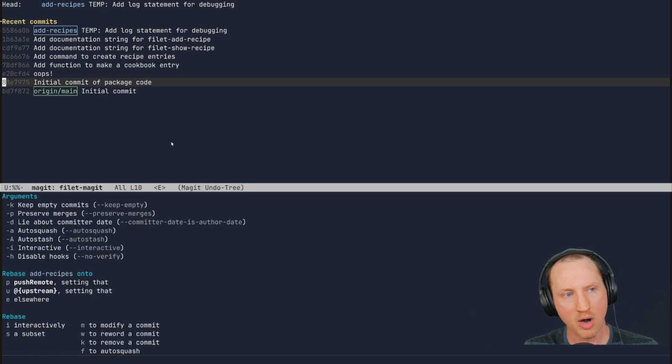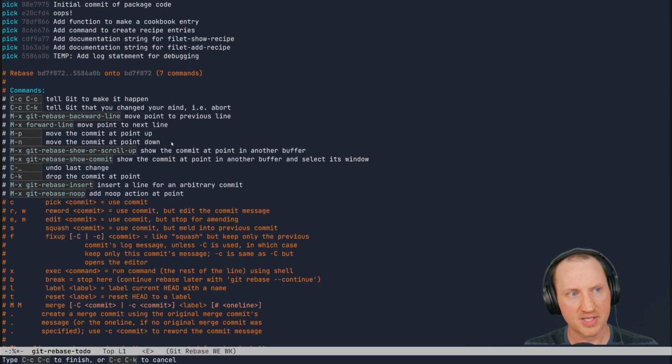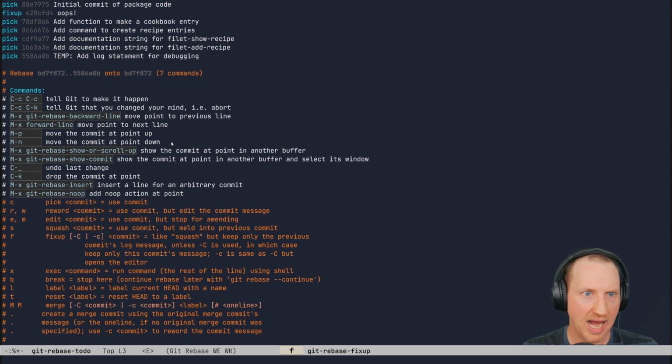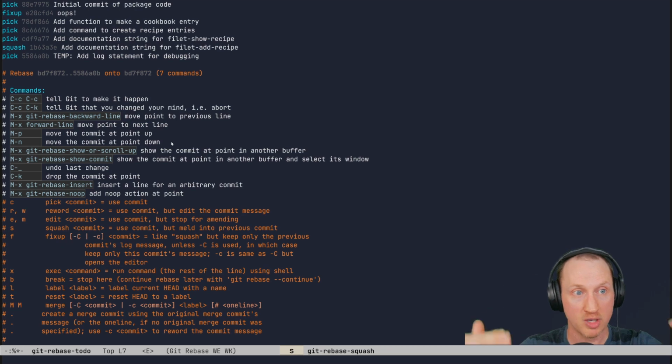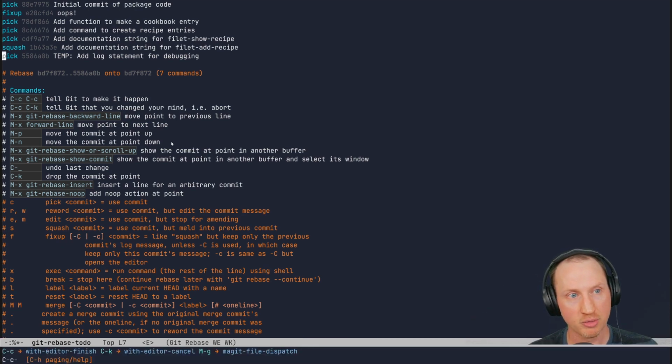I'm going to press RI. And then on this line for the oops commit, I'm going to press F for fixup. And then on the second documentation commit, since I want to squash it into the one before it, I'm going to press S for squash. So now we have two commits that we're going to do squash and fixup operations on within the same rebase operation. I'll press Control-C,